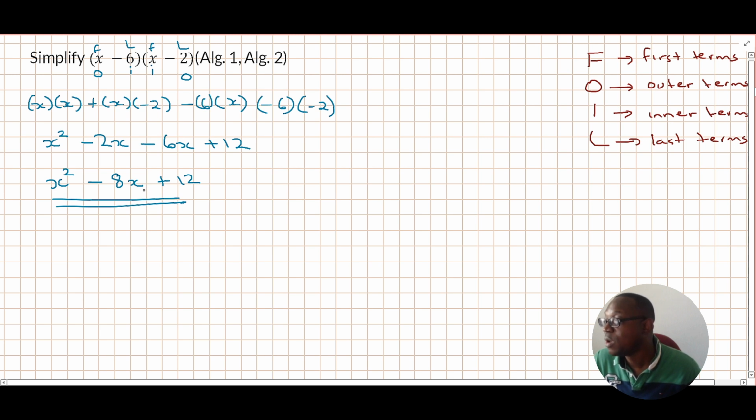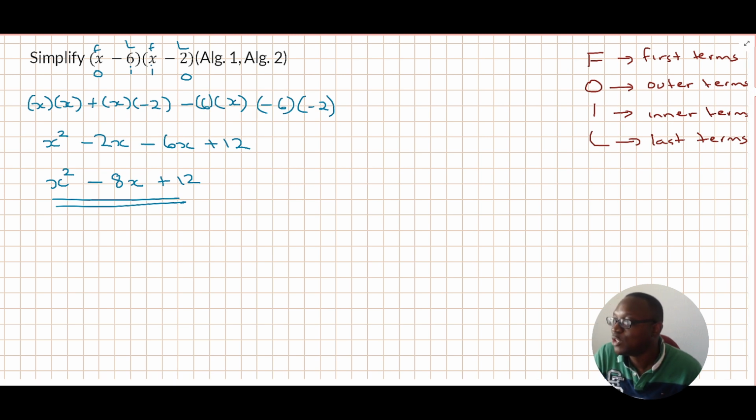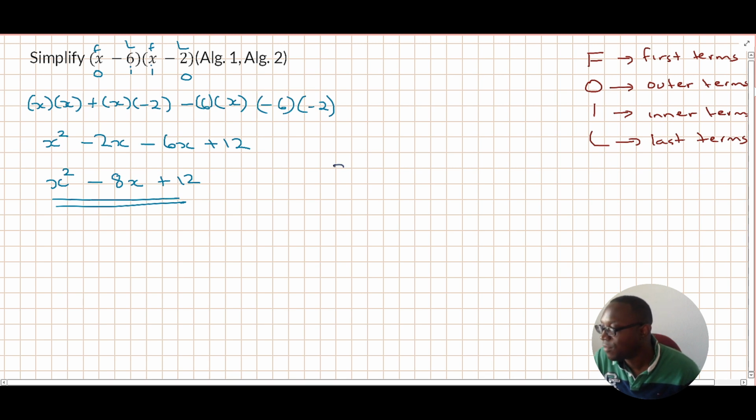So this is one method. There is another method. Let me show you another method. See which one you prefer. One thing I believe about math is there are many ways to get to the answer. So just find one that is comfortable for you. So let me show you another method. So we have x minus 6, x minus 2. So what I'm going to do now is